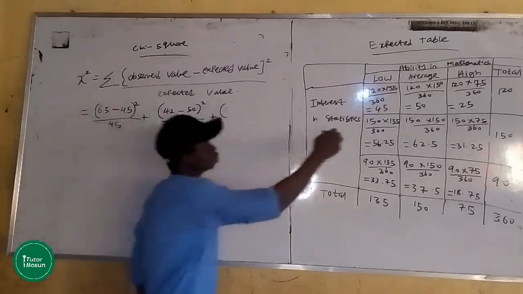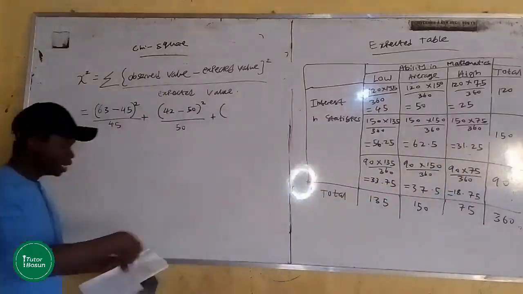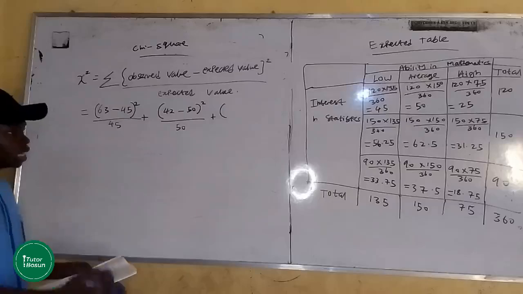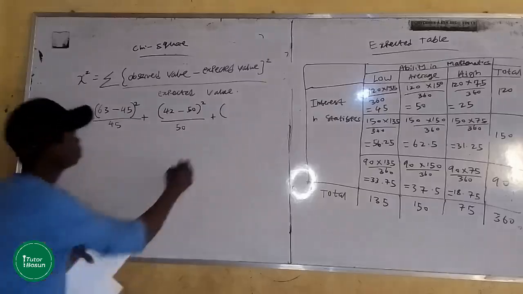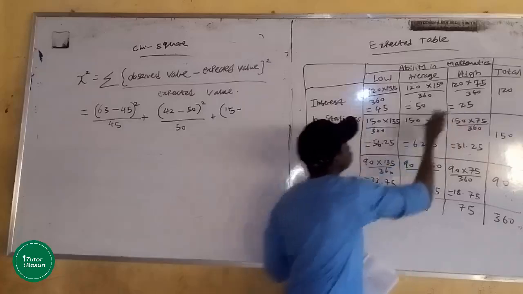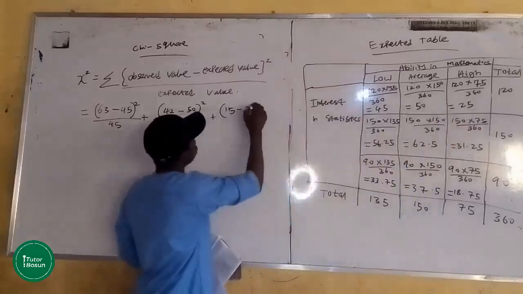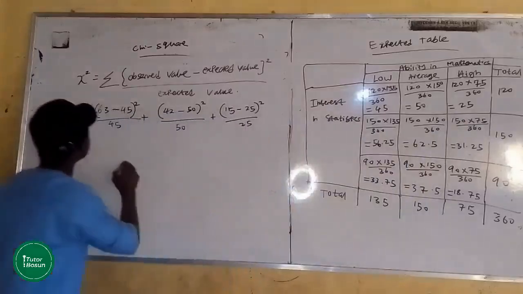Plus the next one. From the initial table you were given, that's your observed value, which is 15. So 15 minus the expected value, which is 25, squared, divided by 25, plus,